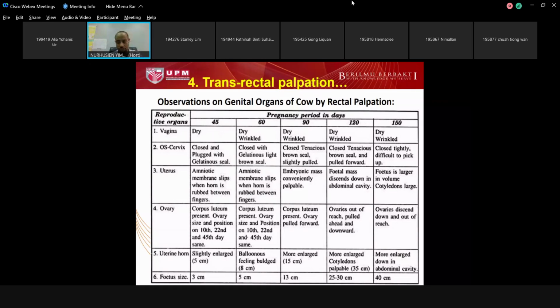So for the ovary, obviously what we expect basically is presence of corpus luteum in the ovary. Corpus luteum is very important for the progesterone to be released for maintenance of pregnancy. So that is one of the most significant findings during pregnancy that you expect from the ovary. Side of the uterine horn, as I mentioned to you, it will measure size and also for